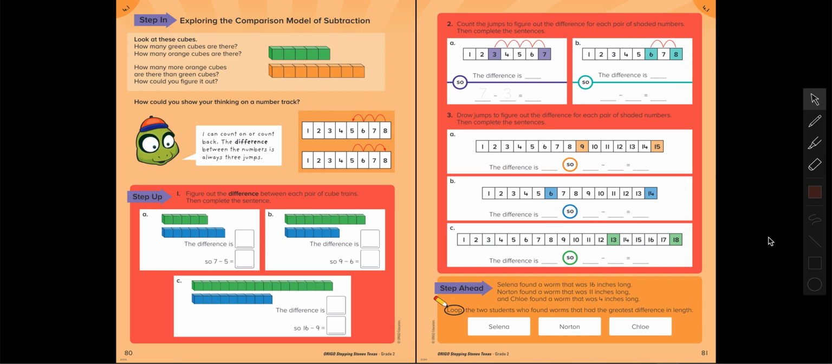Turn to page 80 and 81. If you need to open your book, go ahead and pause the video right here. Now that you've opened to the correct page, today in math we're going to start exploring the comparison model